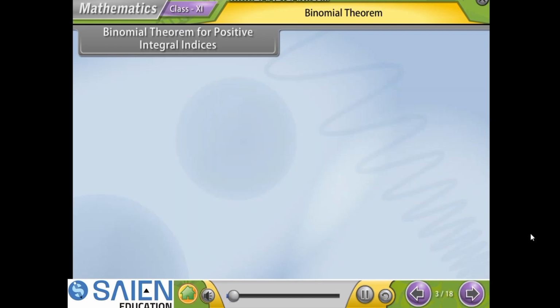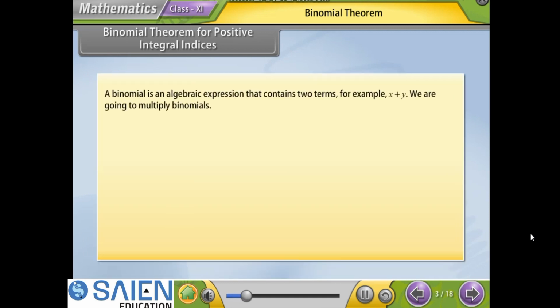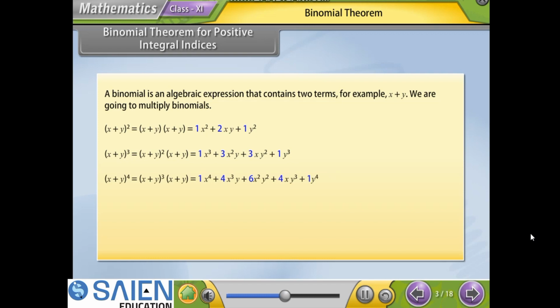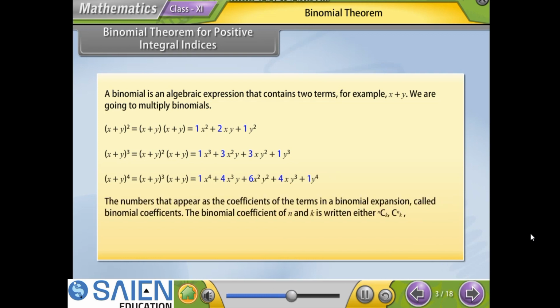Binomial theorem for positive integral indices. A binomial is an algebraic expression that contains two terms. For example, x plus y. We are going to multiply binomials. The numbers that appear as the coefficients of the terms in a binomial expansion are called binomial coefficients. The binomial coefficient of n and k is written as